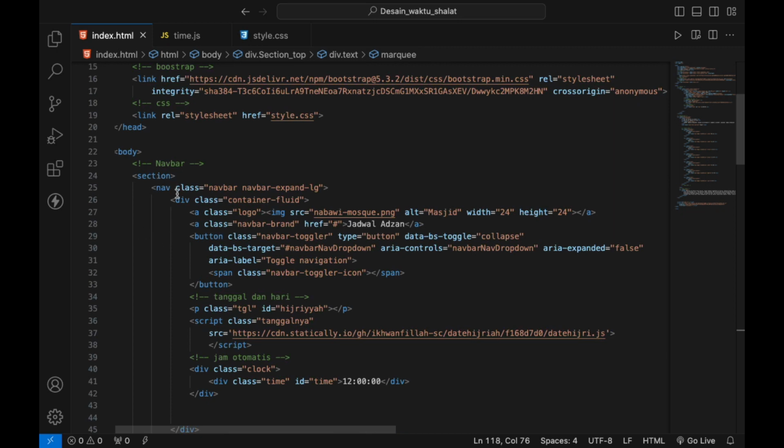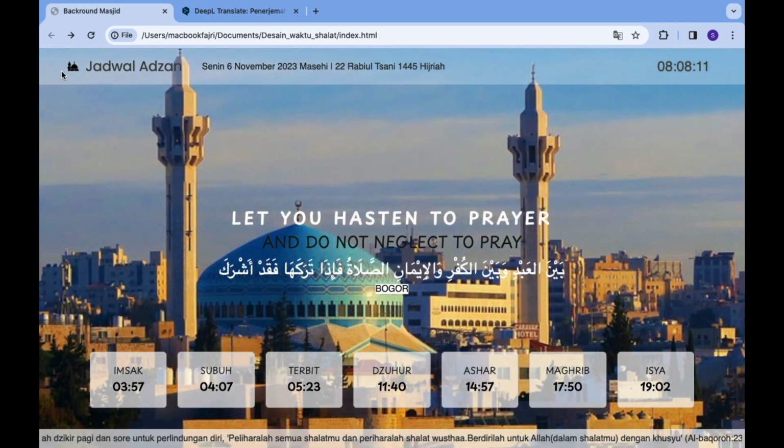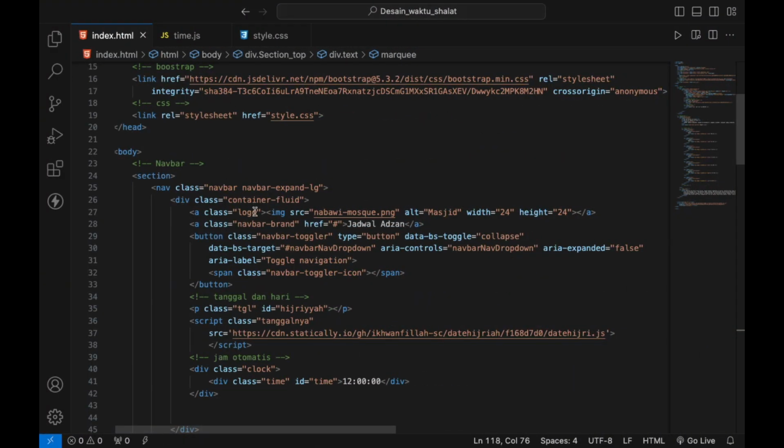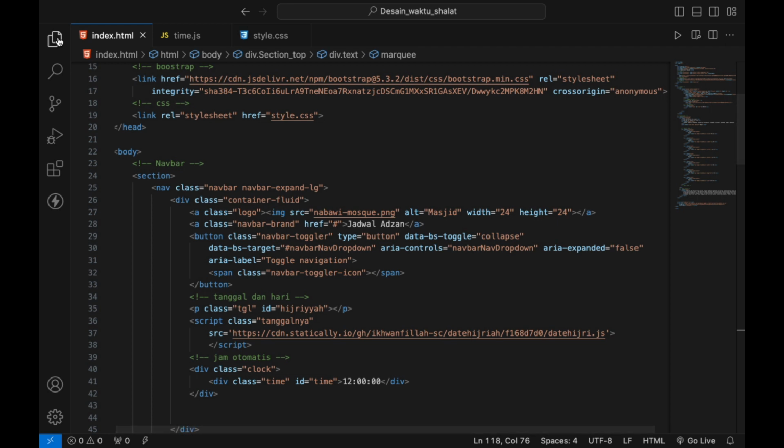I make the section with class navbar, then a div with class container fluid, and this is the mosque icon. I downloaded it from Chrome and checked here, then I call this image with img src Nabawi Mosque, with the icon at width 24 and height 24.